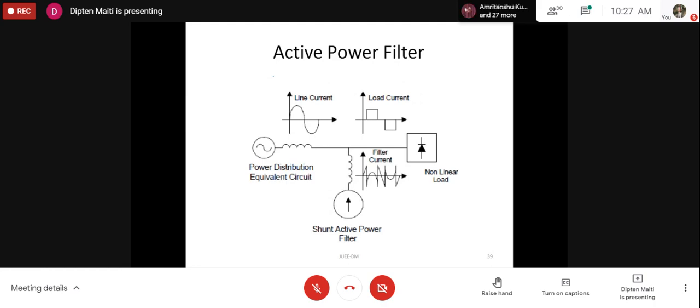The idea here is that, let's say, the nonlinear load, represented here by a diode bridge rectifier, is producing this sort of current, represented by the load current. You may ask whether we see this sort of current in a diode bridge rectifier. It may not happen. However, to give you an idea, consider a three-phase load with a high inductive load,